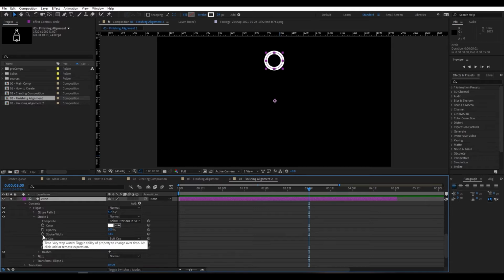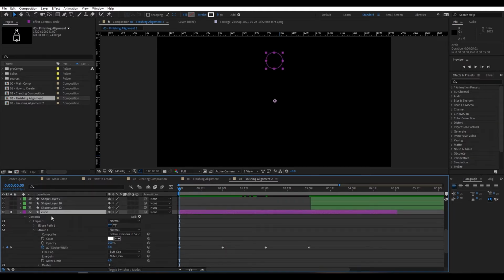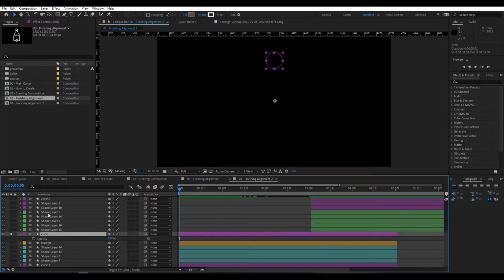Here click on that stopwatch to create a keyframe, then go back to like 1 second, make it like 18 or so, and then go back to 1 second, scale it down further, 0. Select the circle layer again, press T to open the opacity function, set it to 0, to 1, set it 100, and